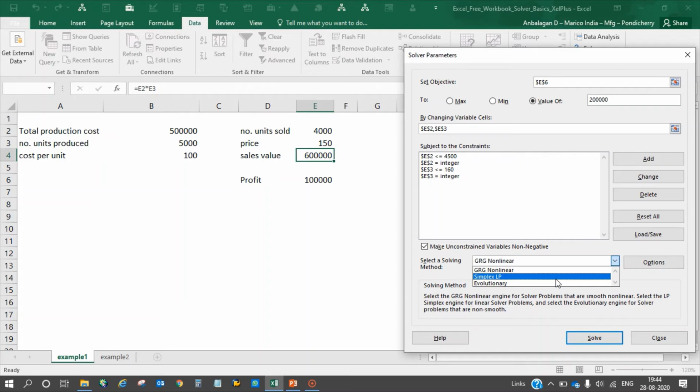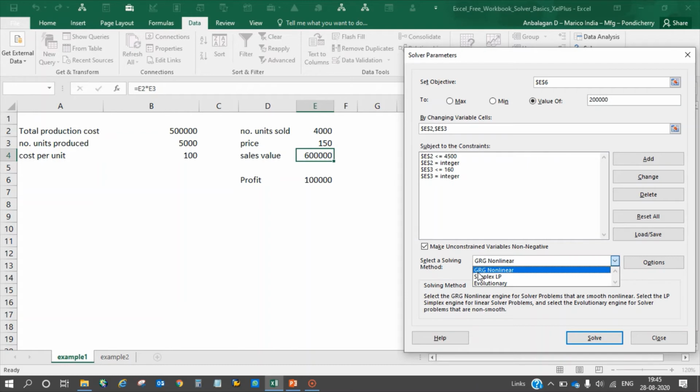It takes time to run and give your result, and you need to define upper and lower bounds of your variables. In most cases GRG nonlinear is also the fastest one.